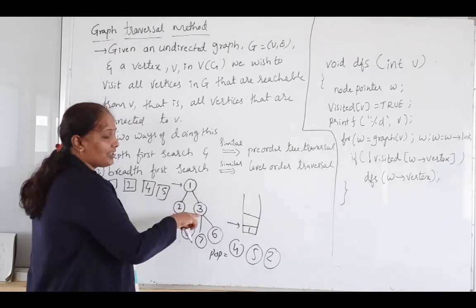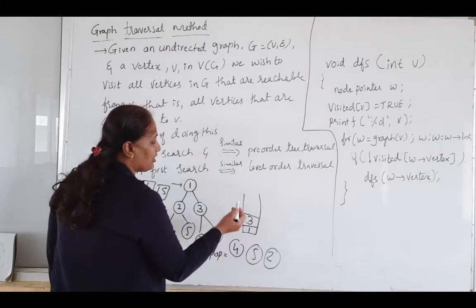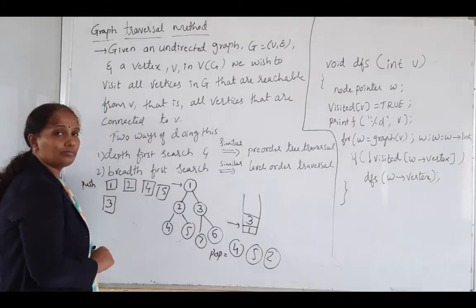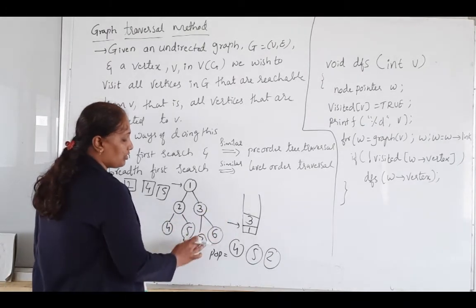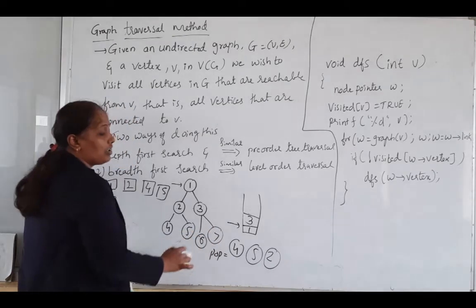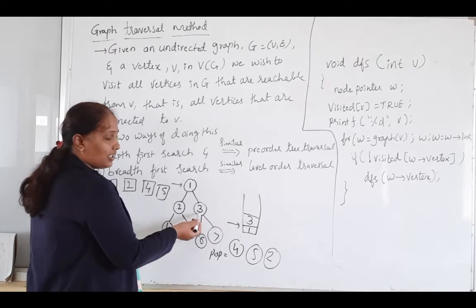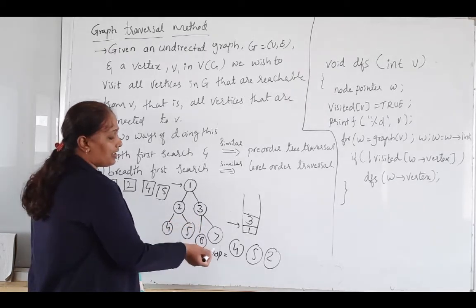Now I will check any vertices which are connected to this vertex 1 and which are not yet visited. Yes, there is a vertex, that is 3, which is not yet visited. So I am going to push that in the stack. Once I put it, I will make an entry of that in the push list, sorry, I have to write 6 here. Next, this is 7. See, I have reached the vertex 3, then I will check the connected vertices to this vertex 3.